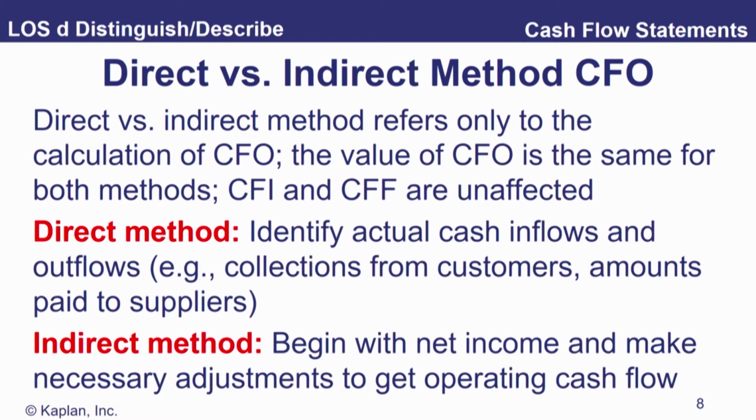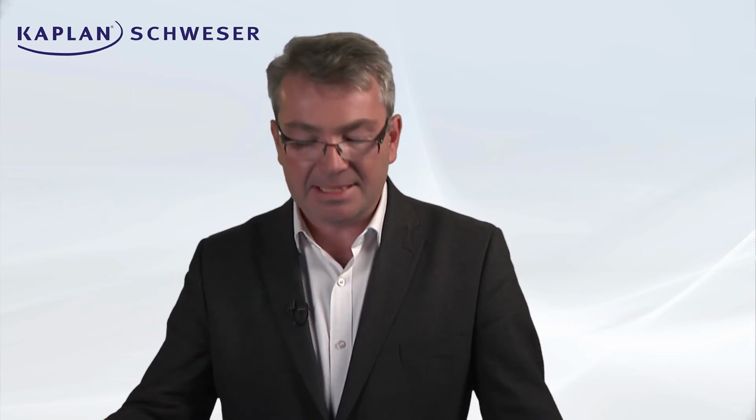What it's simply going to do is take net income, then strip out all of the non-cash items and make adjustments for working capital. Now, it's going to end up giving you the same CFO figure as the direct method, but how we've arrived at it is a lot less clear. We get a lot less information on how the company actually generated and spent cash when we use the indirect